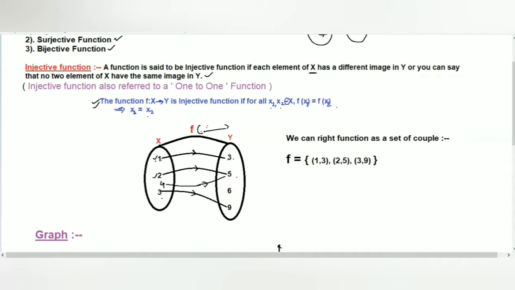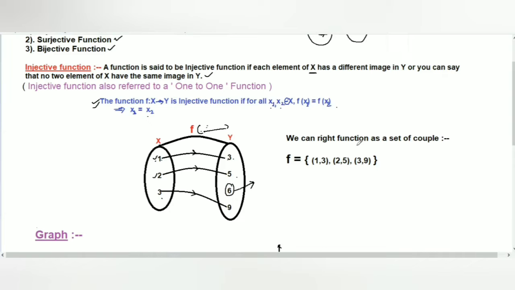So you can remember it like this. Some students always forget what an injective function is, so in this way you can always remember. Every element of y wants only one injection, and if 6 doesn't want any injection, it is fine for an injective function. Okay, so this is called an injective function from the Venn diagram.